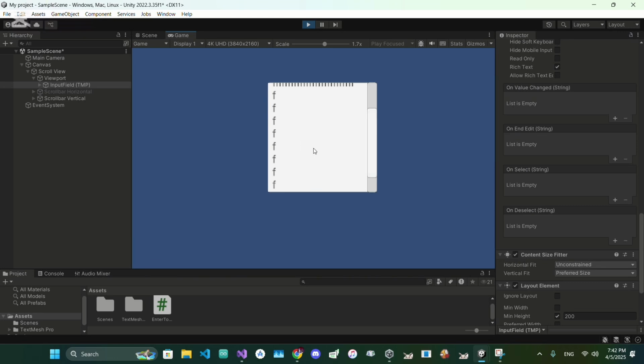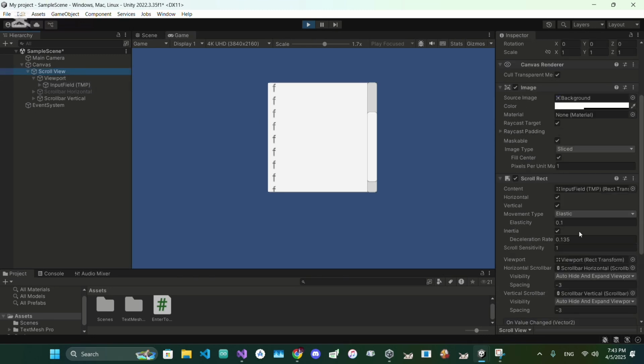This is awful if you're making a code editor or anything. You don't want the user to constantly have to put their cursor on the scroll bar. That's not how it works. And so that was a major issue that I had all the time. But with this new fix now,